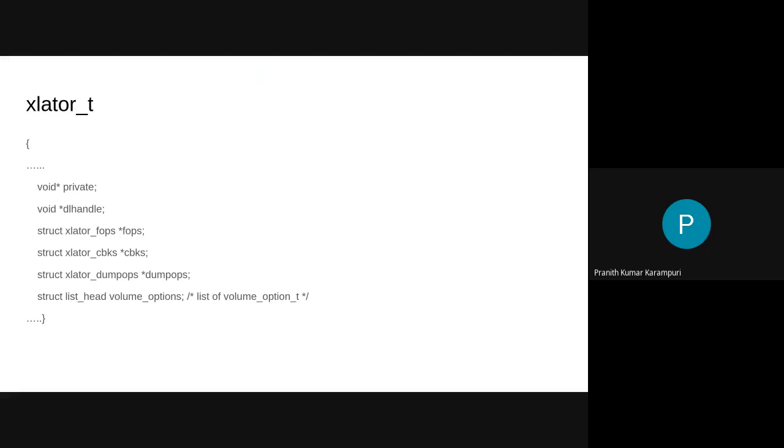In Linux, if you want to open a shared library, you will do a dlopen and dlsym, and then you can get the symbols and make calls on them. You can probably Google how dlopen works to get more information about that. But we'll take a look at what a private is in some Xlators now.